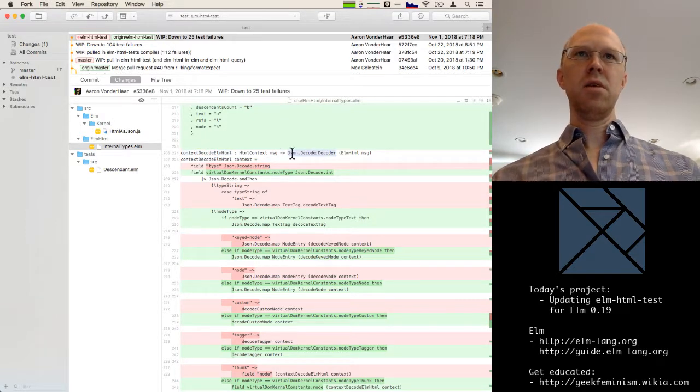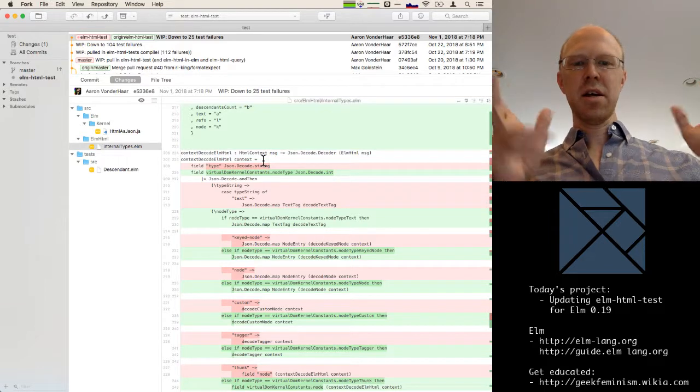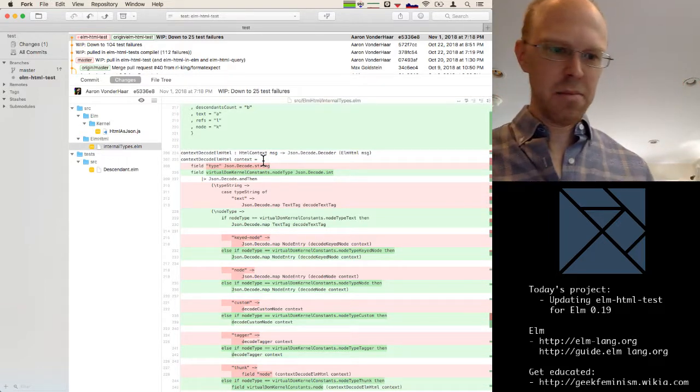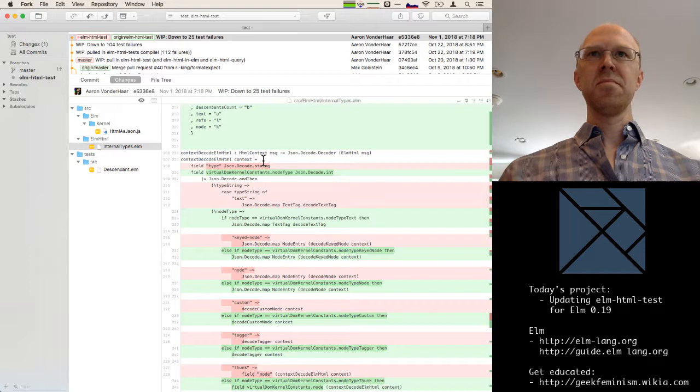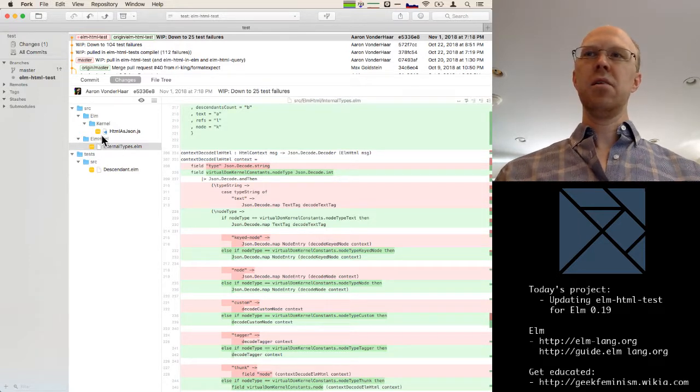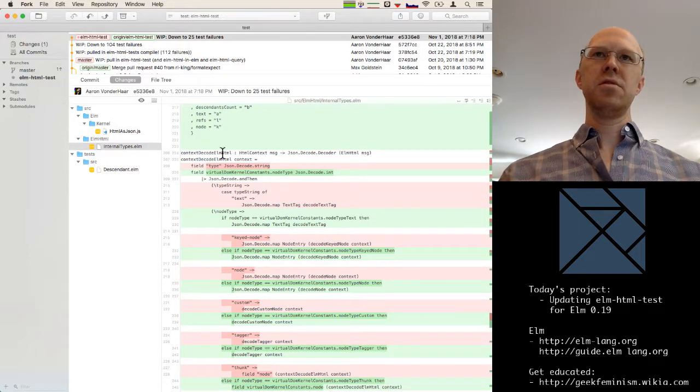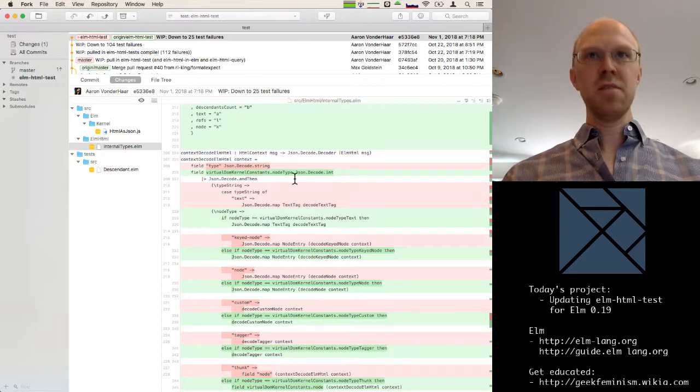And then we write decoders here in the Elm code to turn that into this internal type, which also represents the virtual DOM in a test-friendly way. And that's what most of the elm-html-test library uses, that internal representation.